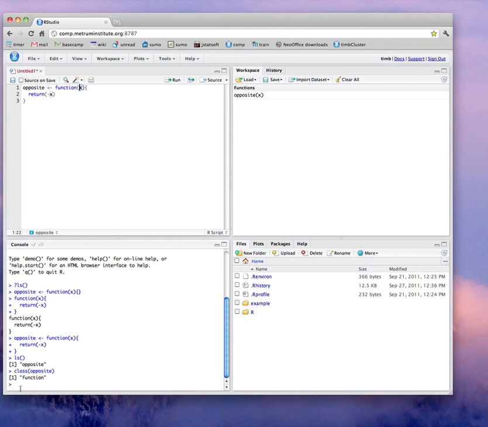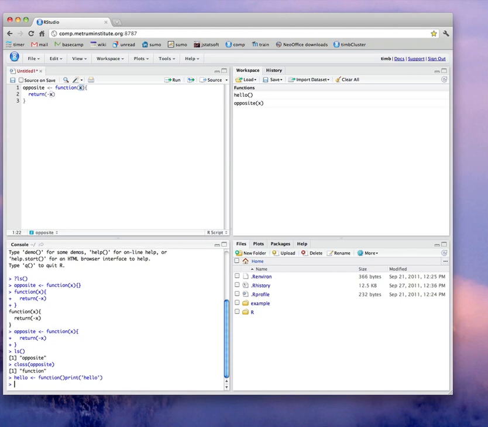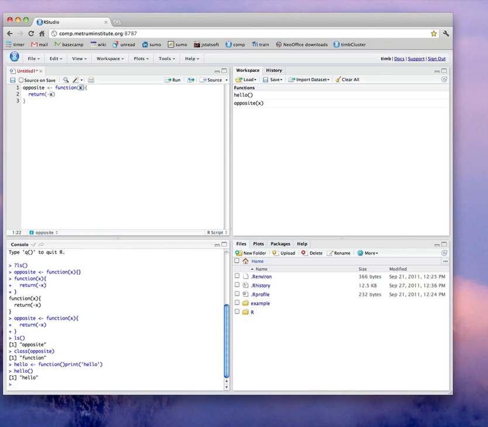In this case we have one, but we could have said something like hello is a function of nothing at all. We could just say no args and just say print hello. Let's try that. And then if we actually call the function, the way we call a function, as you know, is simply by typing its name and then supplying whatever arguments are required, even if there are none. If no arguments are required, we just put empty parentheses behind the function name, and the function does what it's